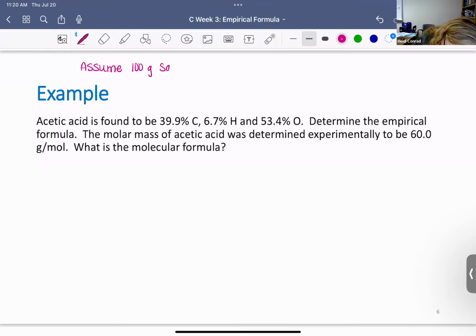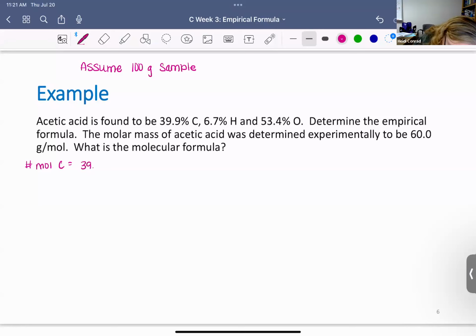a 100 gram sample. And just to be clear, there are a couple different ways to do it when you've got the molar mass along with percentage. So you may have learned to solve this a different way. Totally fine. I just want to show the redundancy of what we've just done so you can see the correlation between them. If you know a different way and you want to check it with me, we absolutely can talk about that as well. If I assume a 100 gram sample,